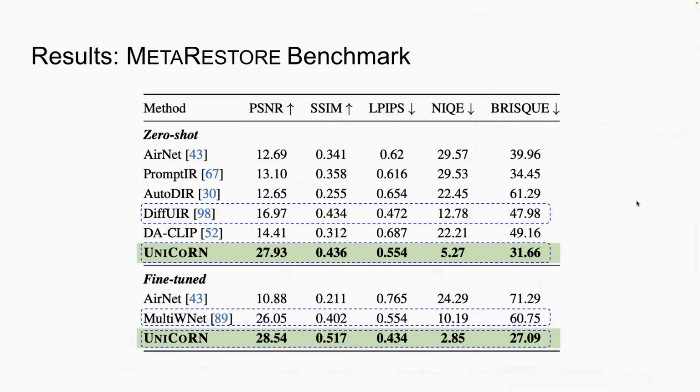First we evaluate on this benchmark which we proposed. We have both zero-shot and fine-tuned versions of our model, and we can see that in both cases we are able to outperform existing state-of-the-art methods by significant margins on each of these standard image restoration metrics. We attribute this to the fact that existing models are not trained well enough to mimic real-world degradation distributions, and they are not built to handle multiple degradations happening in the same space, which is exactly where our model gives us a very good advantage and helps us get more faithful, high-quality restorations.